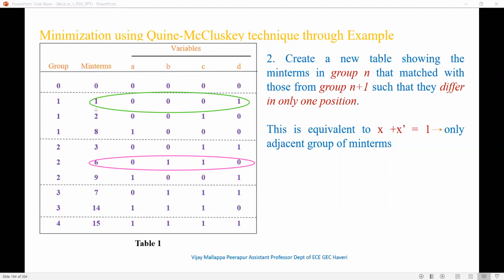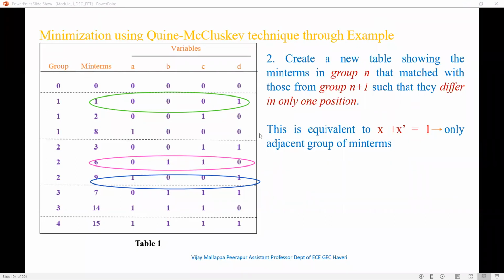Similarly, compare 1 with 9. What about 1 and 9 here? Can we do that? What we have is 0 here, we have 1, 0, 0, 0, 0, and 1 and 1. Yes, now we can do that because there is only one variable change. A is 0, here it is 1. So we can create a group of 1 and 9 min terms here. Right? Everyone understood? Accordingly, we need to keep on making groups of 2 min terms.